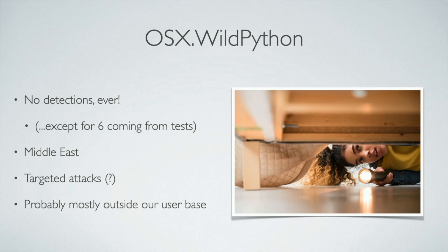Technically, we did see 6 detections, but I was able to determine that those all were coming from someone testing with our app to see if it was detected. And this was right after the write-up was published, just to see if we were detecting it. How did you know there were some tests? There was something in the data that I could identify, mainly because it's somebody that I was familiar with. So I wouldn't have been able to tell except for that.